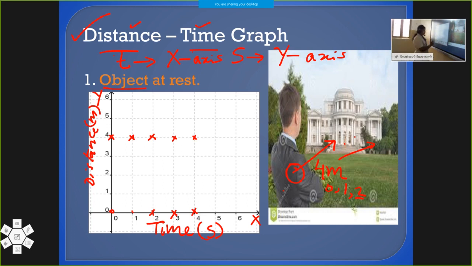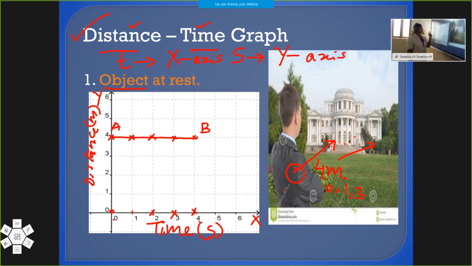So we got these points when we took the time interval from 0 to 4 seconds. And if we join this line, what do you get? Yes, it is a straight line. And what is the speciality of this straight line? This straight line is parallel to the x-axis. Look, this x-axis OX, and this graph, we can call the graph AB. These two are parallel. So, for an object at rest, the graph is a straight line parallel to the time axis.